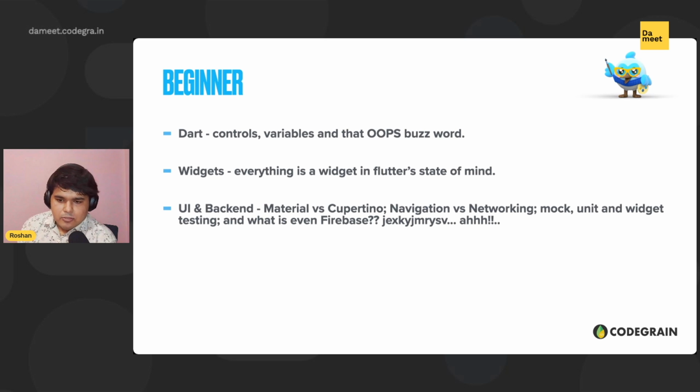Right. And yeah, so on that point, that is how UI is tackled. The other one, which is a middle ground between backend and UI, is how do you handle your navigation, which is passing data between the screens, and how do you handle your networking. Networking basically means API calls. So that is one question which was asked, and now I'm answering that.